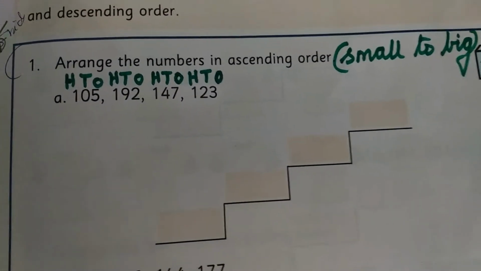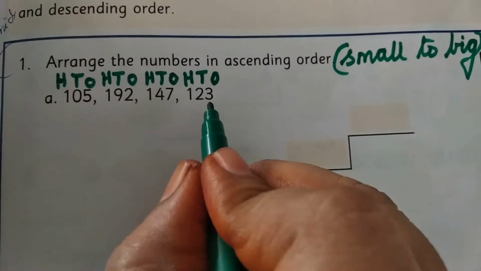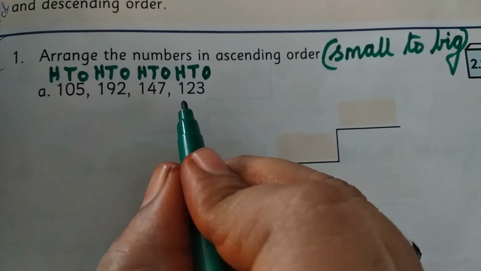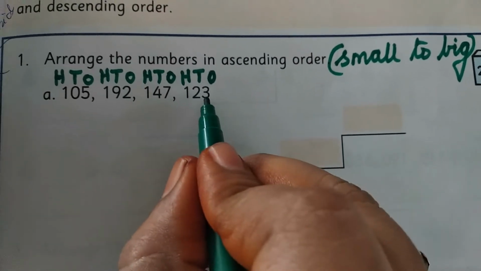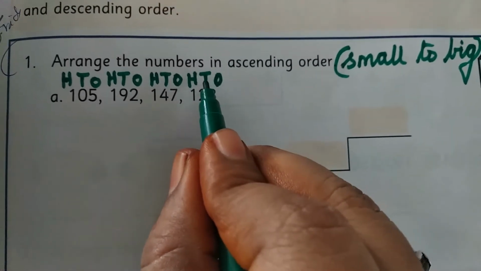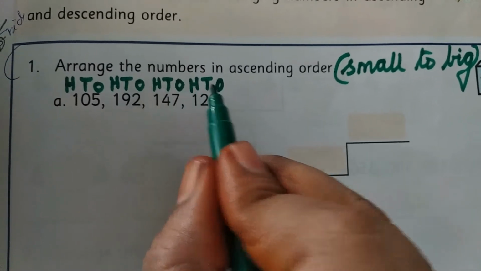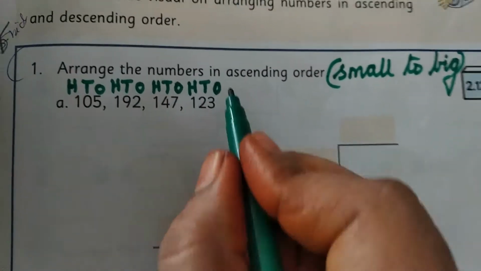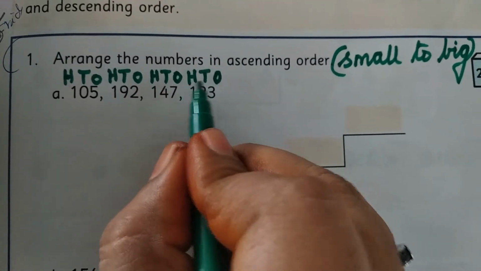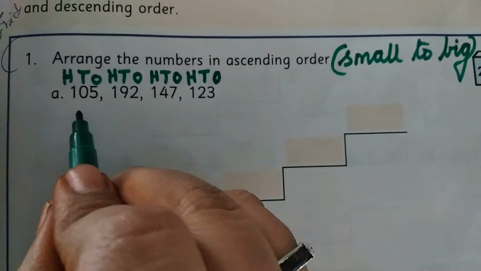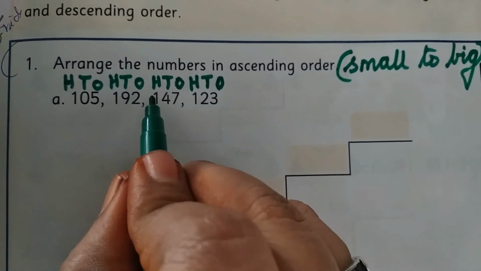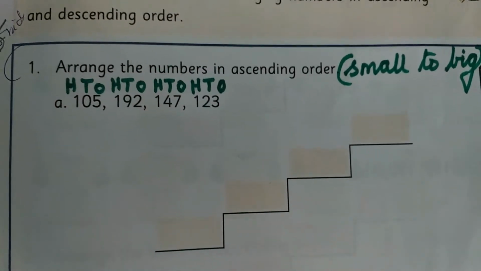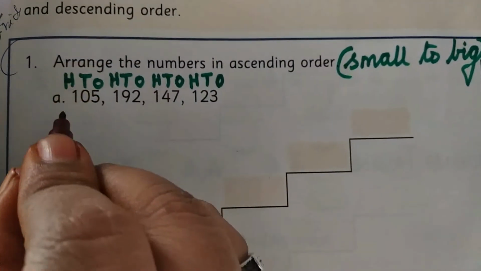So you want to write ones, tens, hundreds for each number. First you write, for these numbers, the ones, tens and hundreds place. Already we know that a 3-digit number is made up of ones, tens, hundreds. You want to write that in capital letters above the numbers. So first you write the ones, tens, hundreds for all the numbers. Now first we will compare in which place? Yes, hundreds place. Now see the hundreds place for all the numbers.